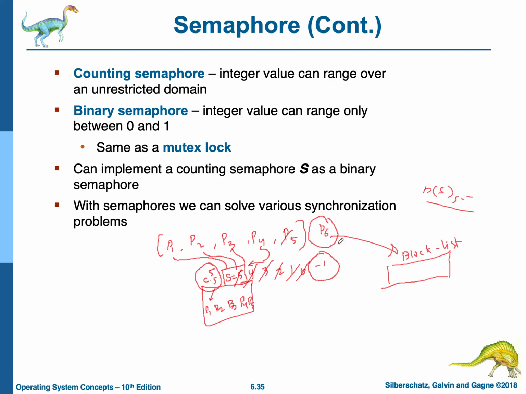Okay, this P6 will be shifted to the block list. Now this is -1. Now suppose P7 has arrived, this will again be decremented by 1 and it will be -2. P8, P9 and P10, maybe any number of processes has arrived. These will be decrementing to -3, -4 and maybe -5, right? So P7, P8, P9 and P10. Now this block list